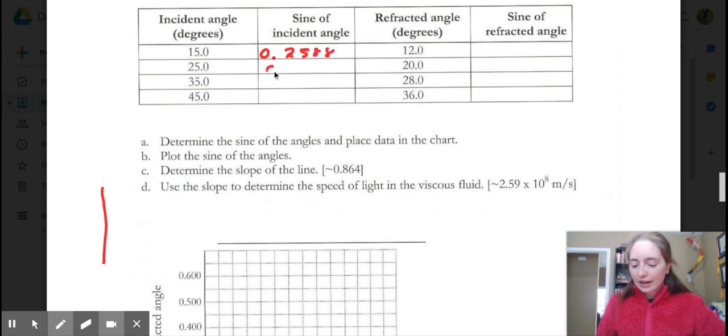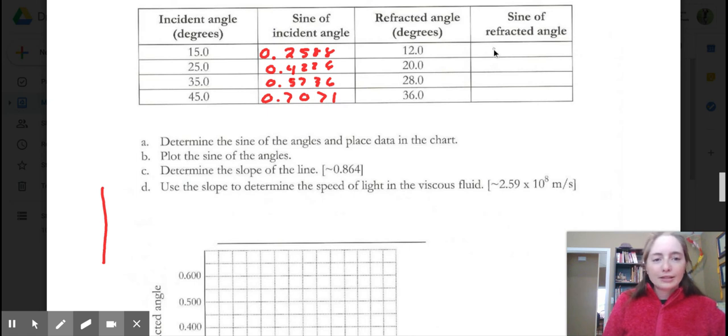0.2588 and 0.4226 and 0.5736 and 0.7071. And the sines of these are 0.2079 and 0.3420 and 0.4695 and